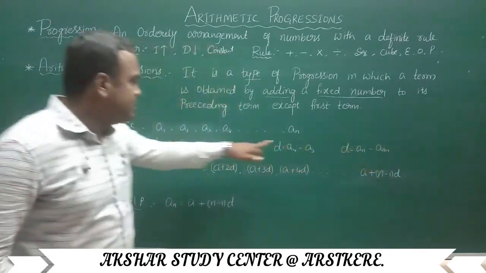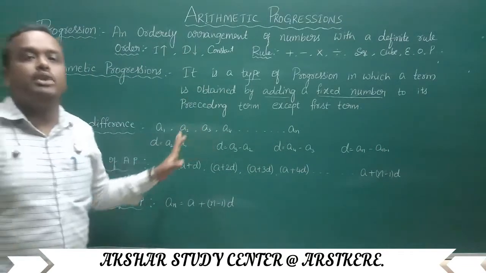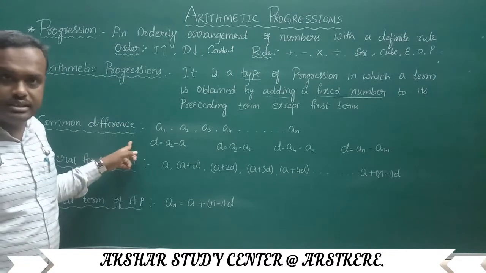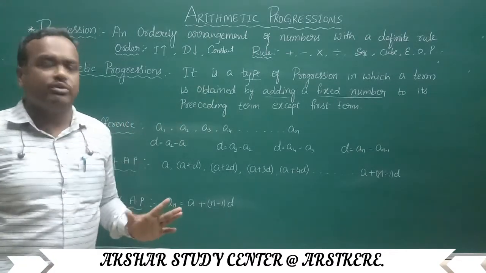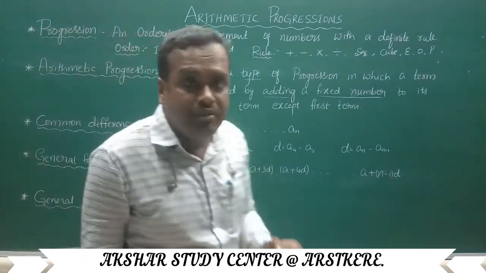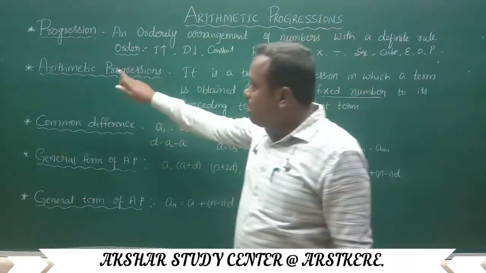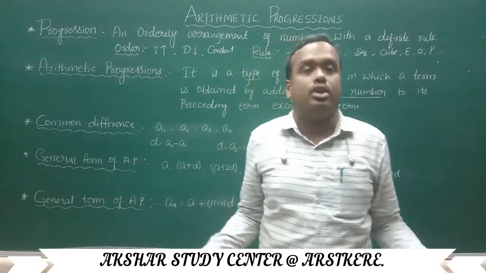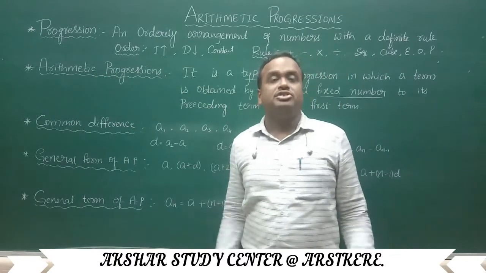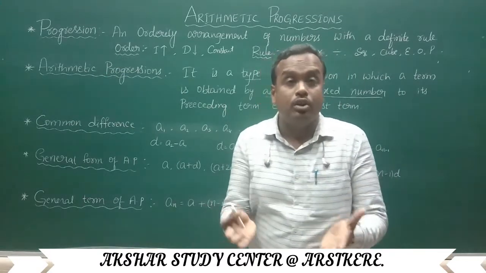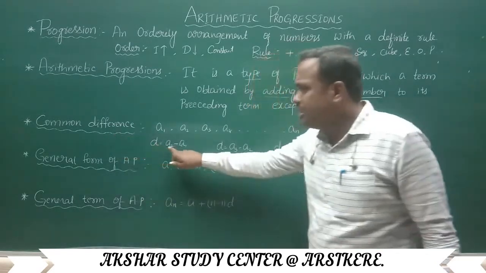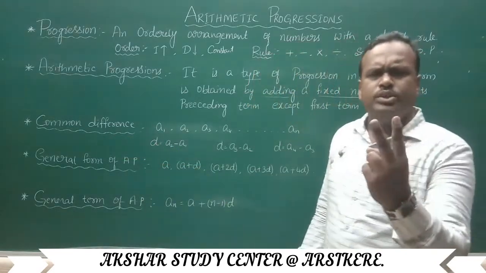Okay, children. Like this, we are using these formulas in finding the common difference. You can use any one of the formulas. Why are we using this common difference? To check whether the given progression belongs to arithmetic progression or not. If they ask a question like this, some numbers are given, check whether those follow the arithmetic progression rule or not, then what do we have to do? We have to check the common difference at least 2 times.